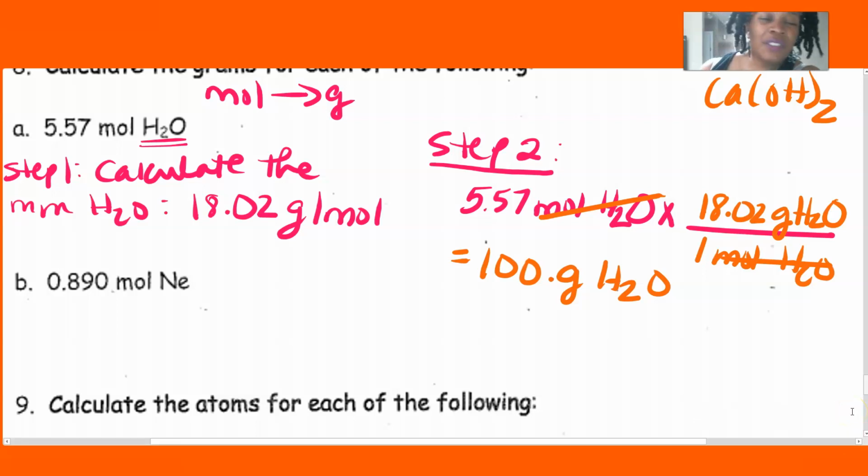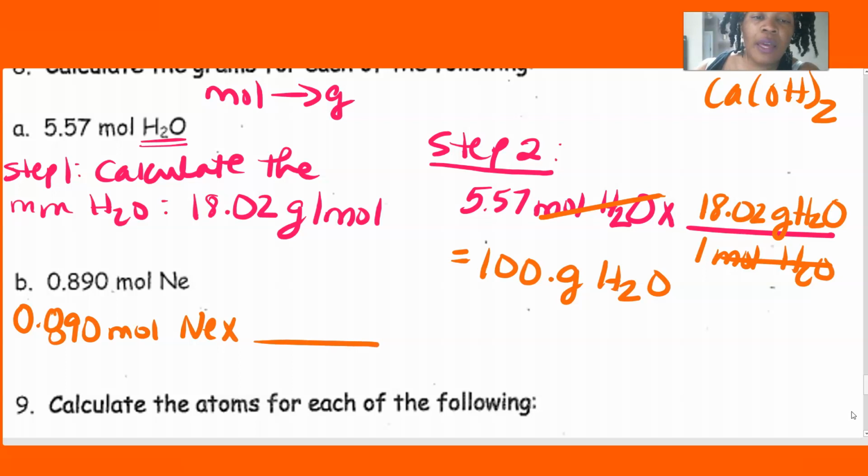Let's do the last one. You've got 0.890 moles of neon. This is an element, so what does that mean? One step problem. So the only thing you would need to do at this time is just look up the weight for neon, okay? Remember, on the very bottom, 1 mole of neon, and on the very top, you're going to put the molar mass of neon, okay? So whatever the weight is. And the molar mass is